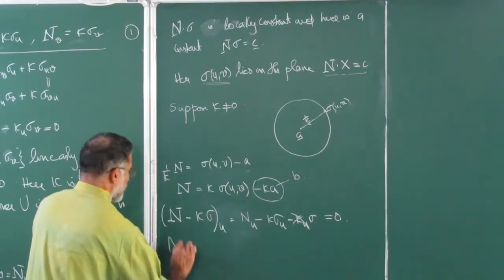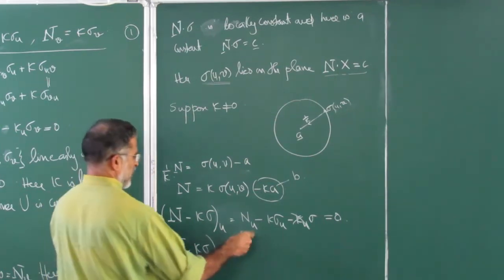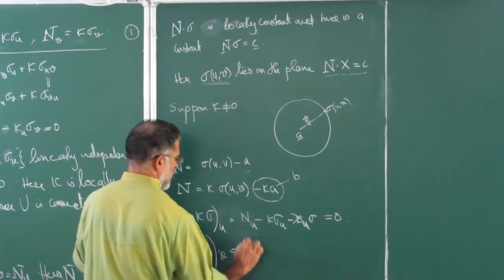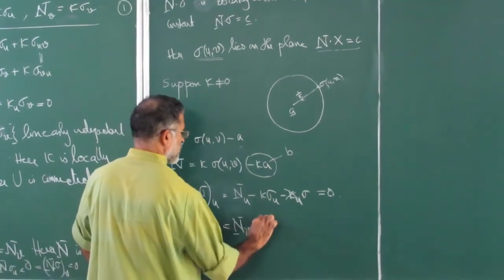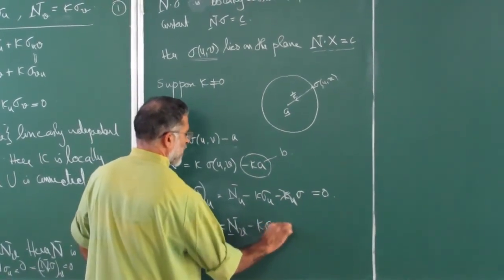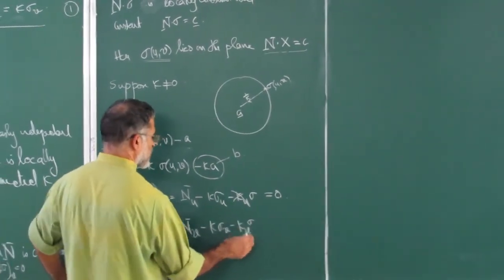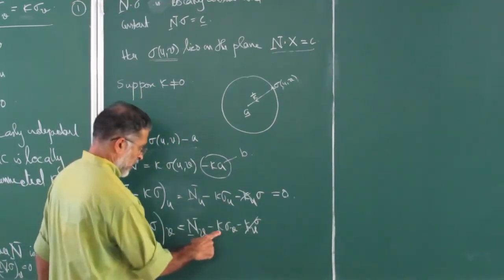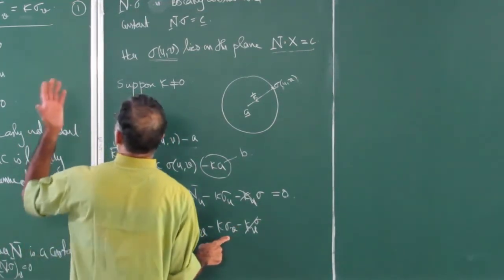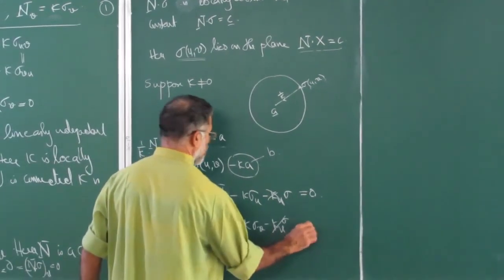And similarly, in the same way, you will get nv minus kappa sigma v minus kappa v sigma. Kappa v sigma is also 0 because kappa is constant, so kappa v is 0. But nv is actually equal to kappa sigma v, we have already seen. So this is also 0.